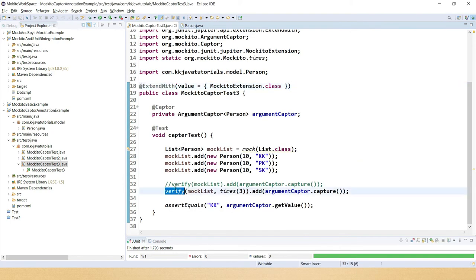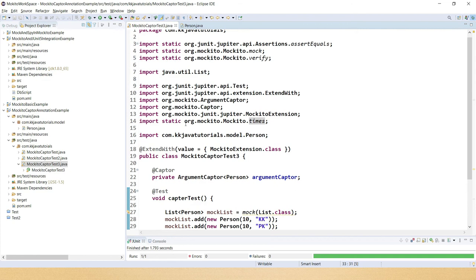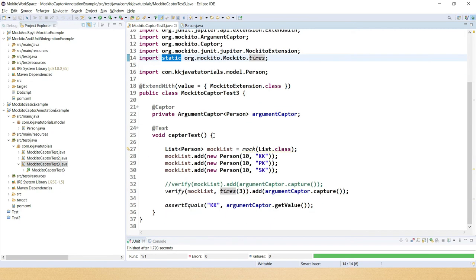So here you call verify, pass the mocked object, and call this method three times. If you look into the import, times comes from org.mockito, and this is a static import. It's a static class, so statically you can import it.